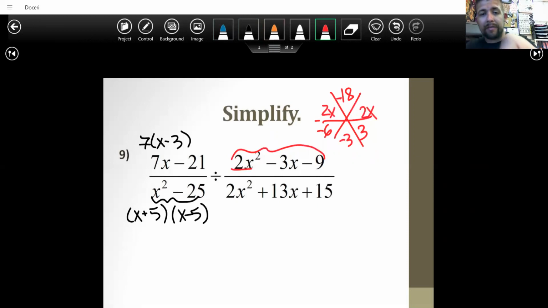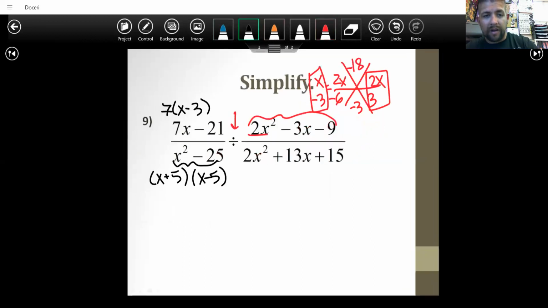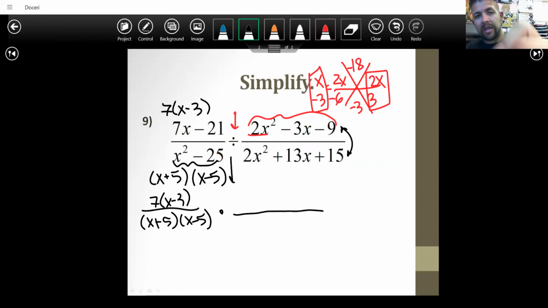The left-hand side can be reduced by x minus 3. That's one factor, and this is our other factor. Because there's a division sign on here, I know that's going to be heading to my bottom. So let me rewrite this, and hopefully we get factor terms that look very nice. I'm just rewriting the left fraction. This is our keep. We're going to change this to a multiplication, and we're going to flip these two. So I'm going to put the division sign, and my red terms are going to go on the bottom, giving me x minus 3,